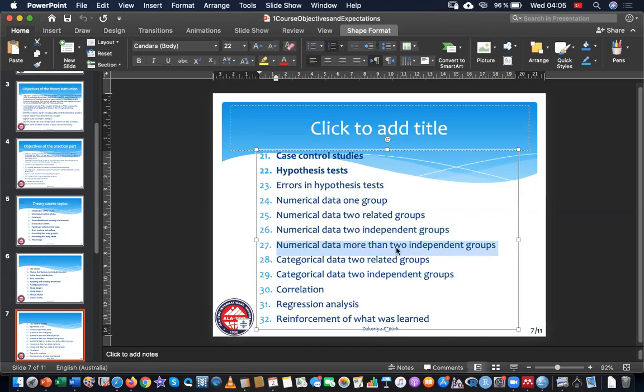numerical data, more than two independent groups: ANOVA, one-way ANOVA. What was the alternative of ANOVA? Chi-square? Not chi-square, who said chi-square? It's not chi-square. It's for categorical data. More than two groups. The non-parametric alternative of ANOVA is